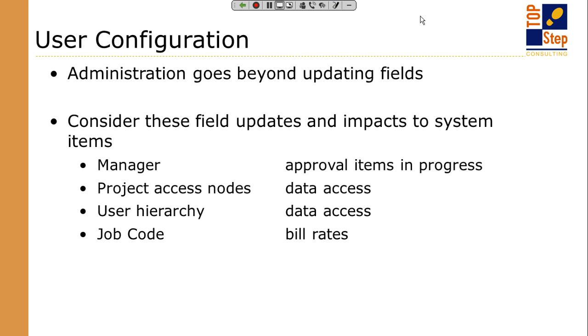Job code. One of the nice features of OpenAir is the ability to track a job code by person, so you can do sort of that FTE by job code. But also the fact that you're changing a person's job code may actually impact how that person is billed out on the project. And what you never want is a client to be surprised from an invoice that you've generated because you didn't realize that changing a job code from consultant to senior consultant was going to bump up their bill rate from $125 to $250. So being aware of the ripple effect of changing things like this and how these features or fields are used